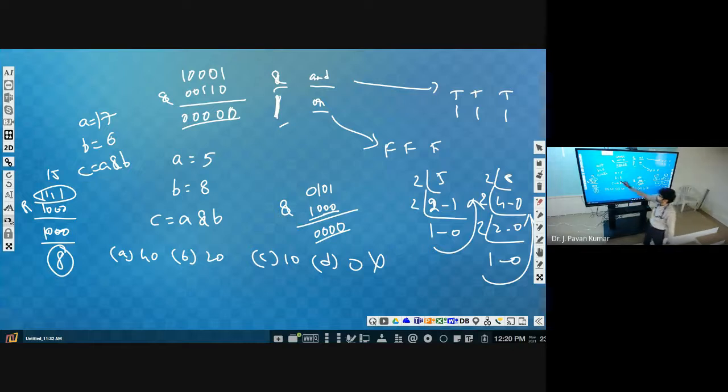Next, same a is equal to 17, b is equal to 6. d is equal to a or b. What is the value of d? Check once. For the OR operation, just perform it in reverse. 0 or 1, what is the result? 1.